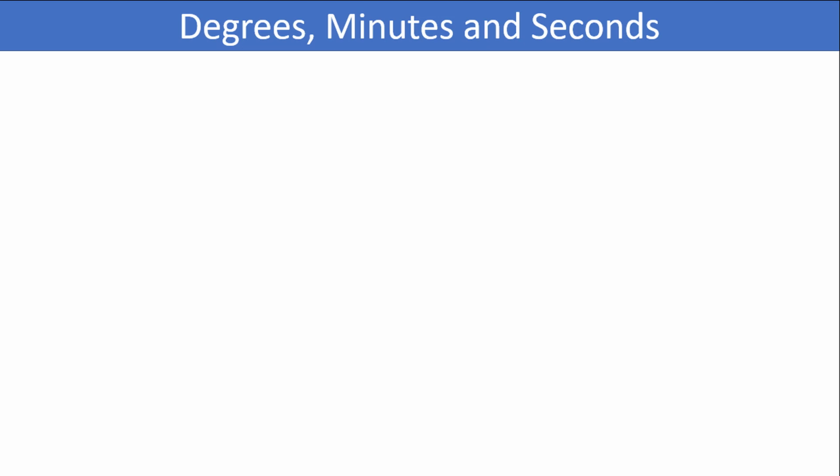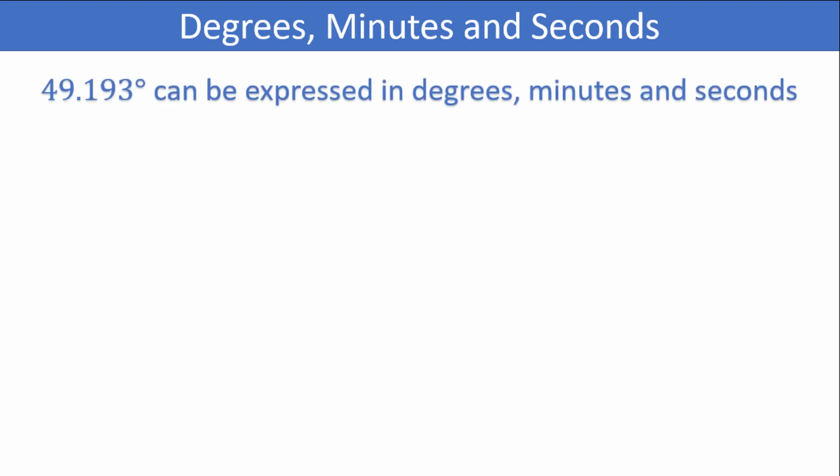Welcome, my friends! In this video, we will discuss degrees, minutes, and seconds as they relate to the measurement of an angle. If we are measuring the degrees for an angle, sometimes the measurement might not be an exact degree. For example, maybe you have 49.193 degrees. There is a different way to express partial degrees rather than using decimals, which relates to minutes and